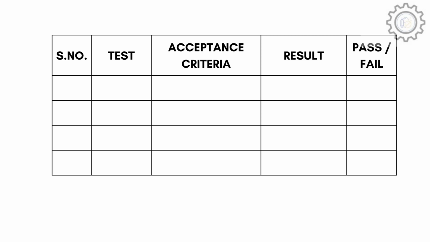This is a common format for an operational qualification utilized for every equipment and system in the pharmaceutical industry. It includes a tabular format consisting of columns marked with test, acceptance criteria, result, and pass or fail sections. During the OQ test, all of these columns have to be filled with their relevant information by a member of the validation team.